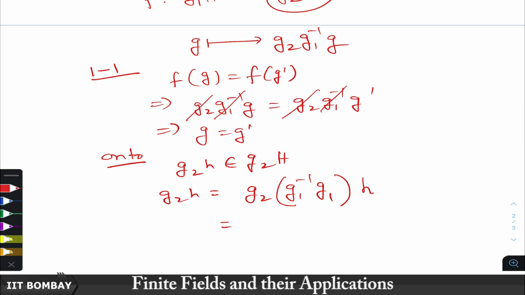Now, we rearrange using the associativity law and say that this is G 2 G 1 inverse G 1 H,